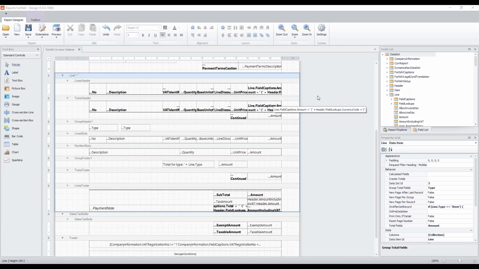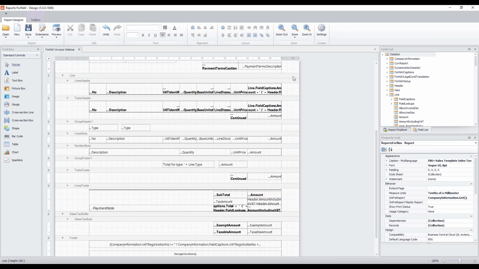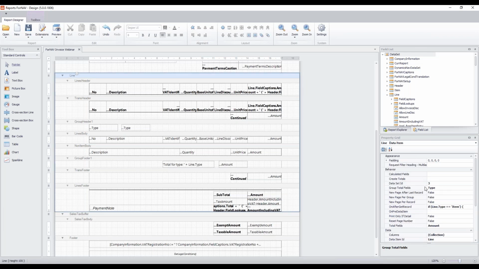Yes, I am back online. What I had forgotten to do in the line, there is an option called the group total fields, which you need to set to the field you want to group the totals by, which I had not done. So I have done that. And if I now preview my report,